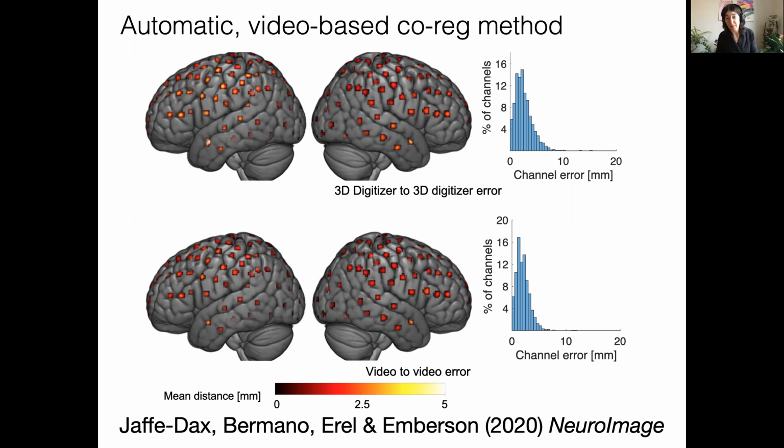We just wanted to know how much worse. But what was to our surprise is that when you did the same thing but with a video, so you have one person and you take a video and then you use our software to localize the sensors, and then you take another video and you use our software to localize the sensors, there you get an error too in Euclidean space, and we actually did better than the digitizer, by a couple of millimeters, well, about 1 millimeter,